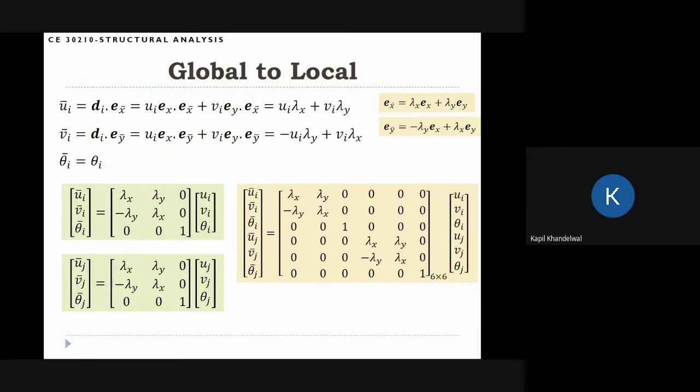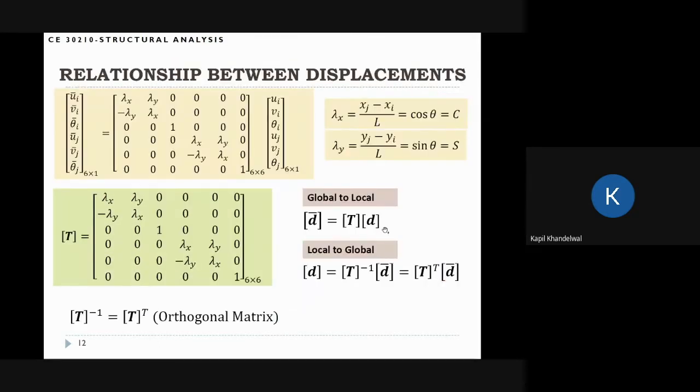It's very important. What we have done is we have represented the displacement, but actually the same thing can be done for forces, because forces and displacements both are vectors and both follow the same concept of vector algebra. So we could have written exactly the same expression for the forces also, and I'll show you in the next slide how to do that. So let's complete this